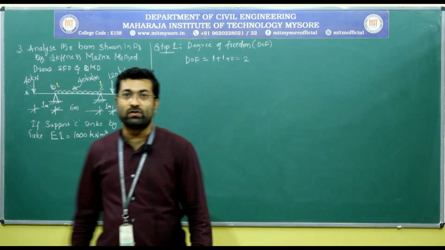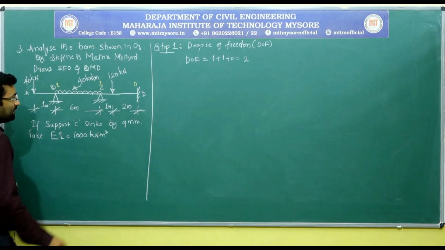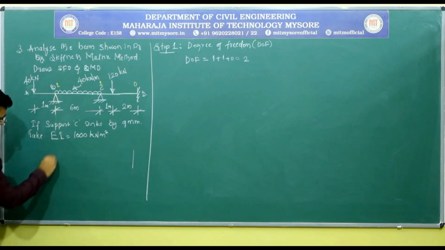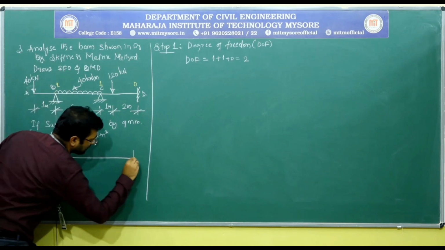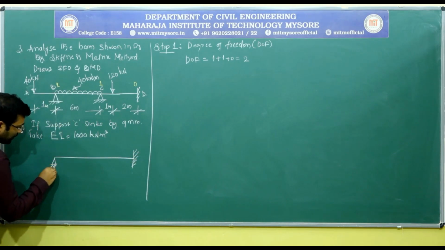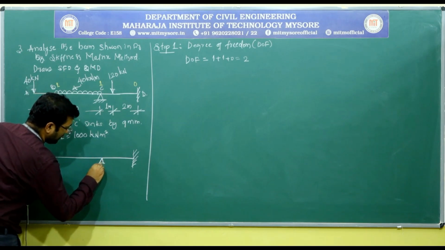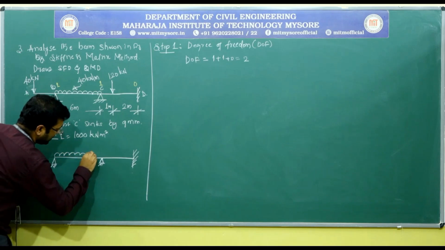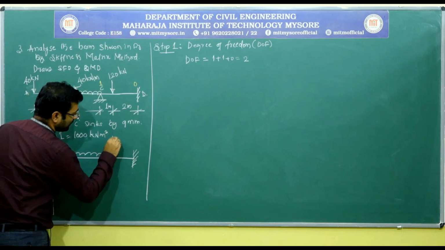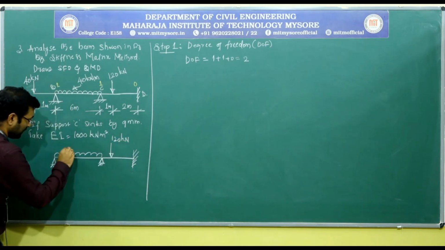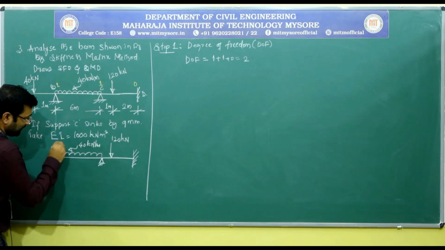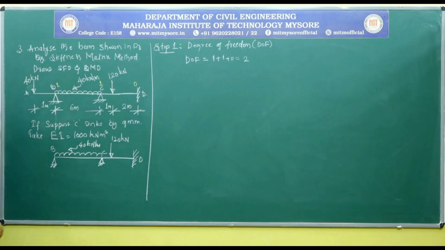So before going to the further calculations, I will modify the given problem up to some extent so that it is easier for us to calculate. I will remove this overhanging portion. So this is the BC span which is loaded with UDL, and the CD span which is loaded with a concentrated load of magnitude 120 kilonewton. This is 40 kilonewtons per meter. This is B support, C support and D support, right.